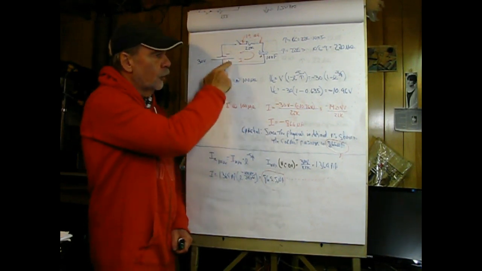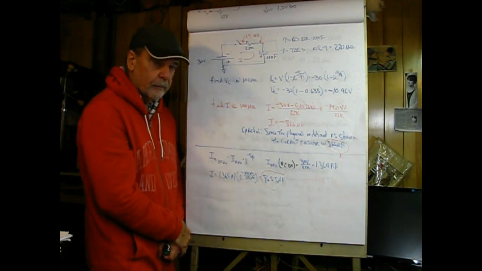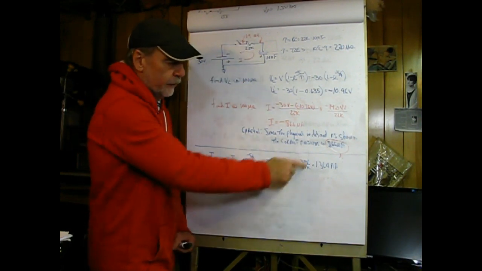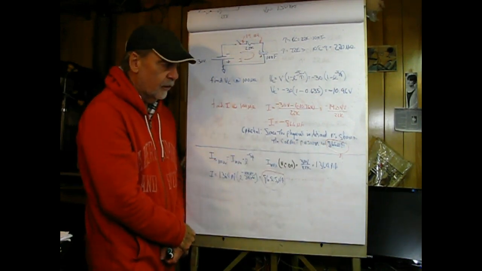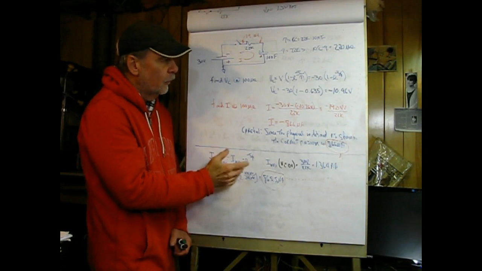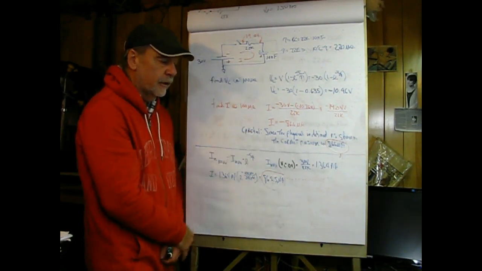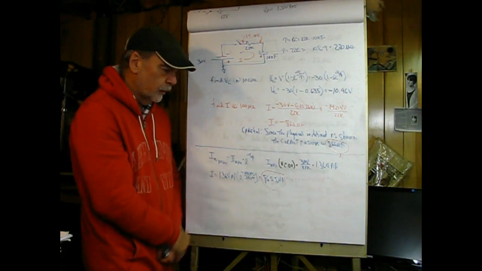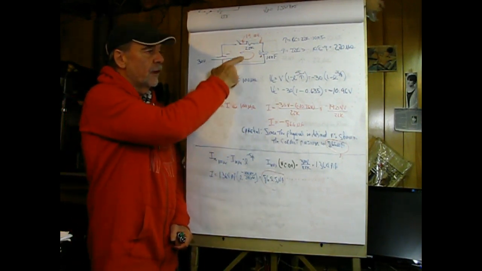Now, the current is defined, the physical current, in the correct direction. So the actual answer would be 866 microamperes as a positive value. So if I define the current flowing in the other way, it would in fact be a negative value. So you have to be careful when you're looking at the currents with regard to physical currents as